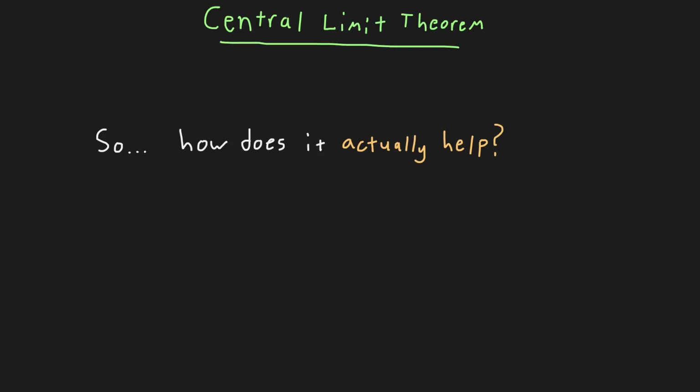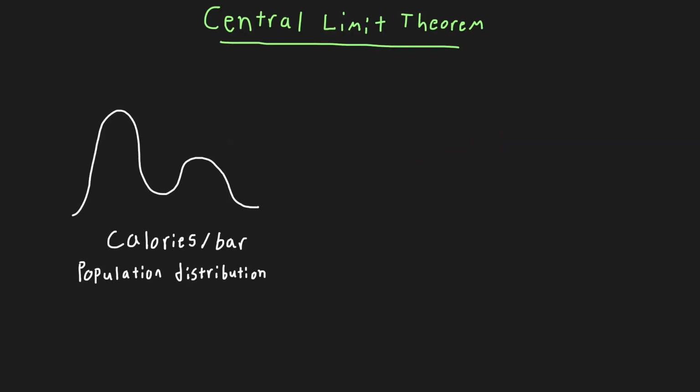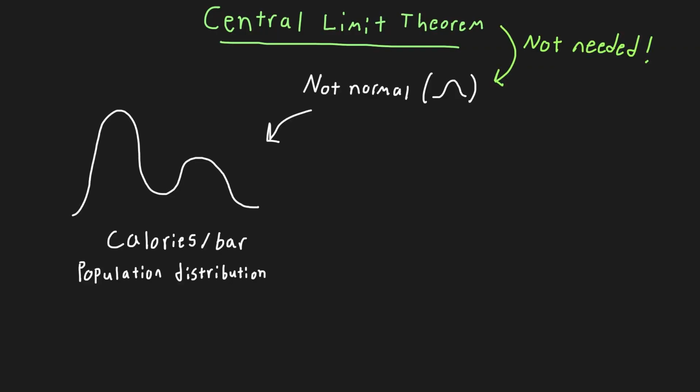Now, how does the Central Limit Theorem help us? Well, let's look at that granola bar example again. If we were to plot out the calories for each individual bar, we might have this weird looking distribution. It is bimodal, just meaning there are two peaks. Now, this calorie per bar distribution is definitely not normally distributed, but being normal is not needed for the Central